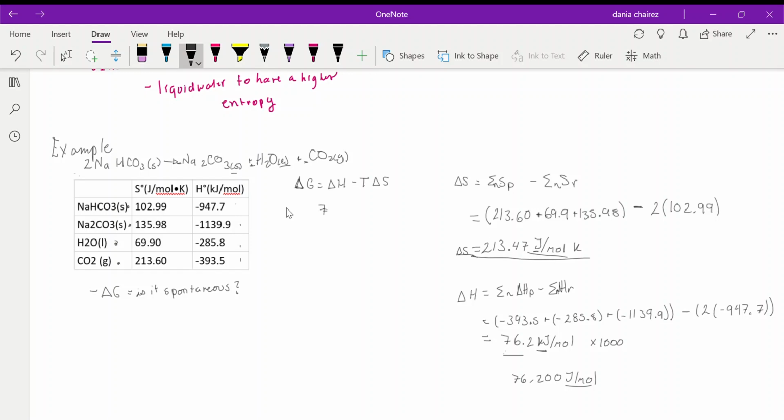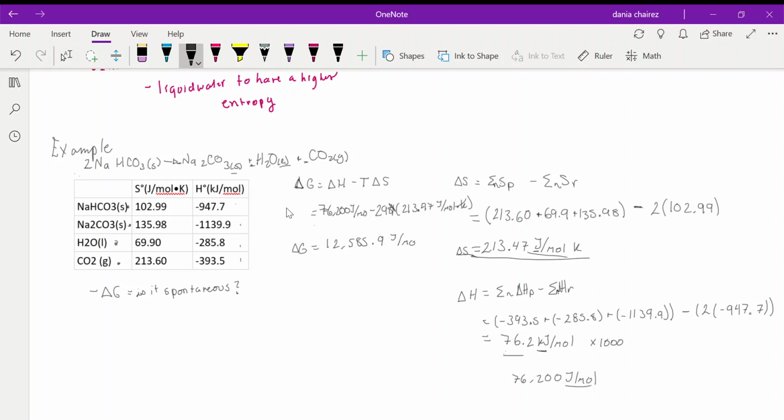So we have 76,200 joules per mole minus 298, because it's at 25 degrees Celsius. I didn't write it down, but just convert it, times 213.47 joules per mole K, and the K's from the temperature cancel out, even though I forgot to write it down. So then you just solve through it, and you should end up with delta G is equal to 12,585.9